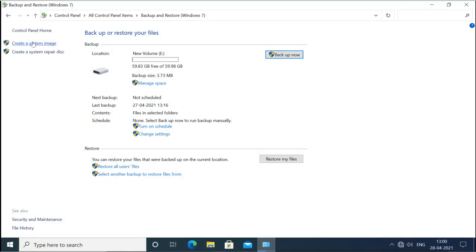It will take lots of time and space, and you have to create it on another drive, another external hard disk. You can't create it on the same disk because your hard disk can also go corrupt. So you have to create it on a separate hard disk, either a separate internal hard disk or an external hard disk. It will take a little more time to create this system image, because it is the backup of the whole configuration of your system with all the applications and data also.